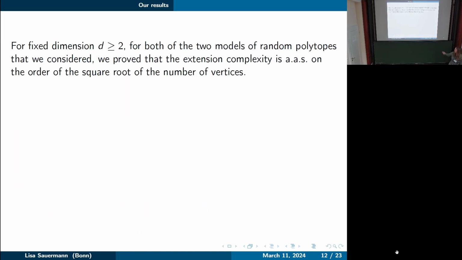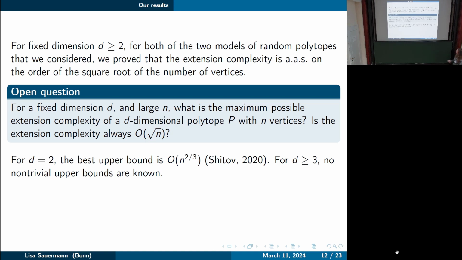Okay, so here's again a summary of what we proved. For both of these models, the extension complexity is typically roughly the square root of the number of vertices. And so a very natural open question is whether that's actually the extreme possible behavior. Coming back to this extremal question, which partly motivated this work, one can now ask: is it true that for a fixed dimension d and large n, the extension complexity is always at most a constant times square root n, where the constant may depend on d? As we saw earlier, for d equals 2, the best upper bound is a constant times n^(2/3),